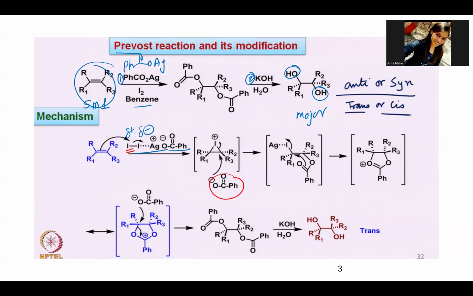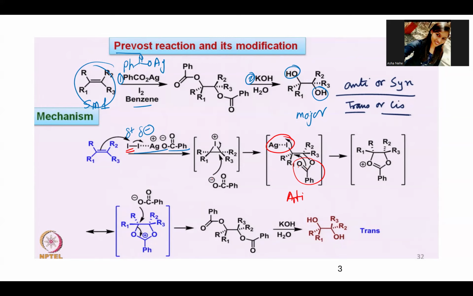So the benzoate attacks in an anti fashion on the iodinium cation. The addition of this benzoate gives the iodinium group as well as the benzoate group anti to each other, right? So this is anti addition, and when this anti addition takes place,